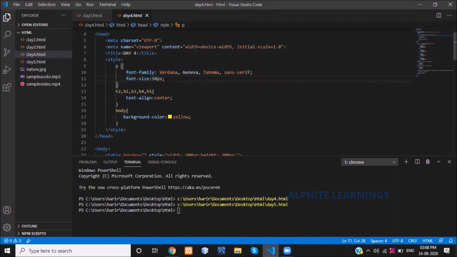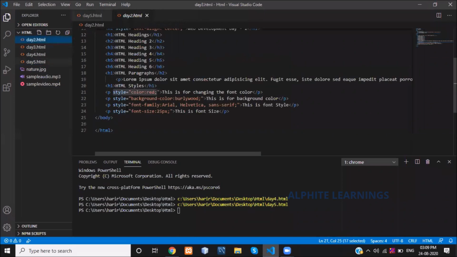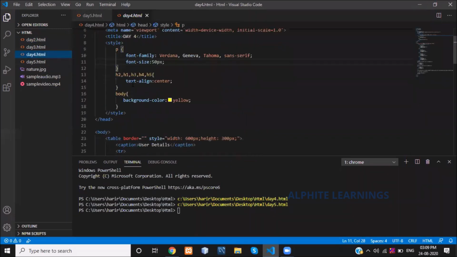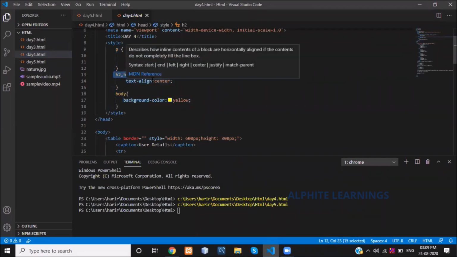Hope you understood the difference between internal and inline CSS. If you are using it only in a particular tag, this is inline CSS. Internal CSS is where the style is applicable to the entire web page. Say in your web page you are using all 6 headings, and all 6 headings should be center aligned.